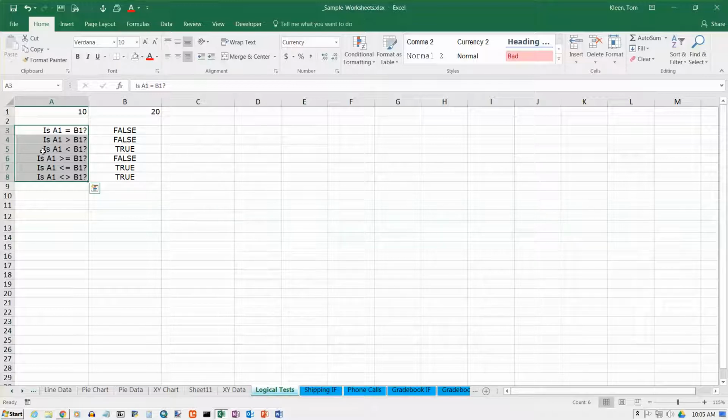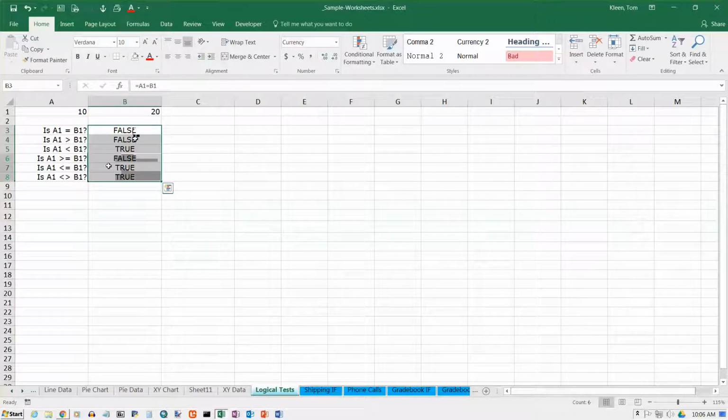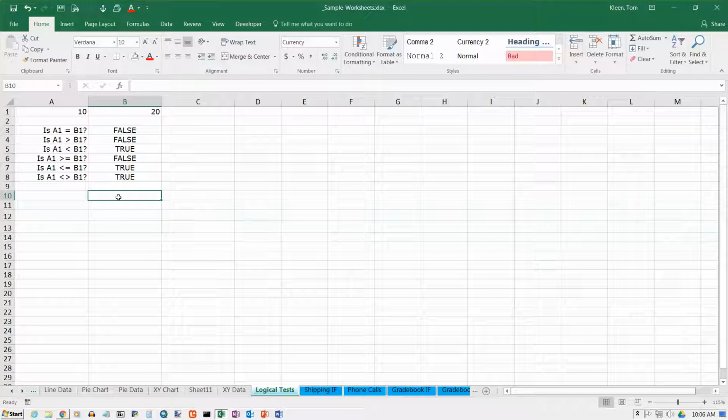So text is left aligned, numbers are right aligned, but look what happened to our logical values. Here our logical values got centered. And that is Excel's way of telling you that these are values. It's not the word false, it's not the word true. I know it looks like it is, but internally it's not represented as two words, true and false. And let me show you here